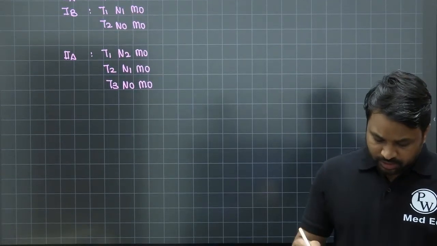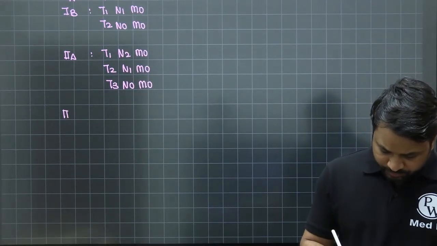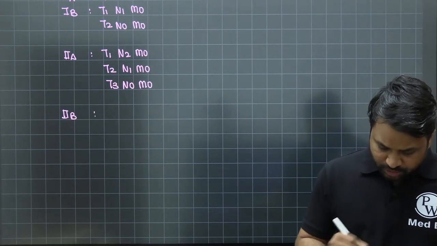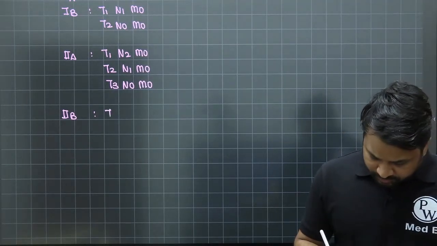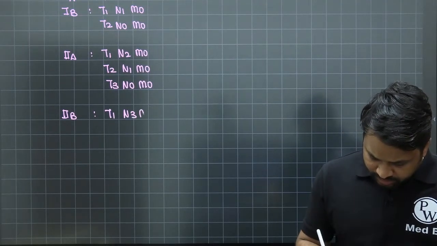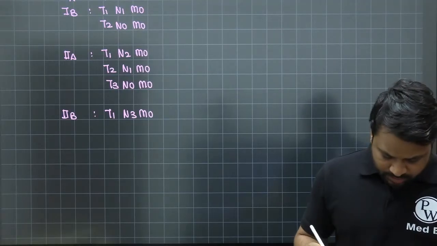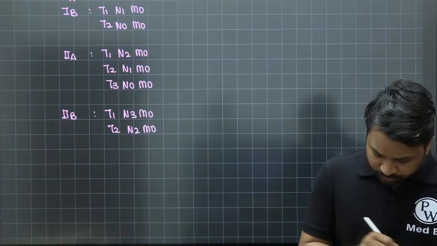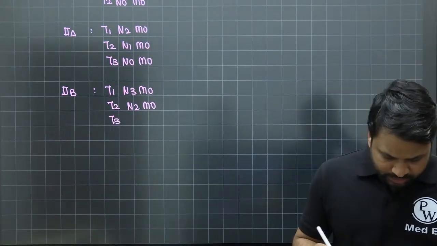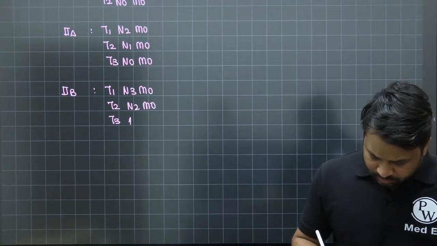That is your stage 2A. Then you have stage 2B. Now in stage 2B, you have T1 N3 M0, then you have T2 N2 M0, then you have T3 N1 M0,